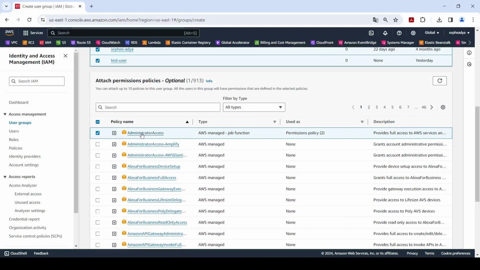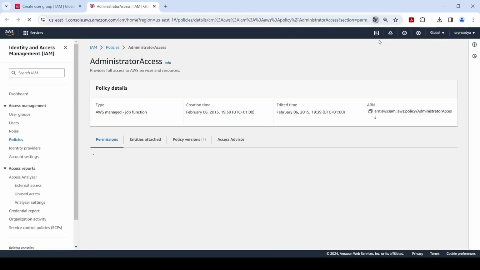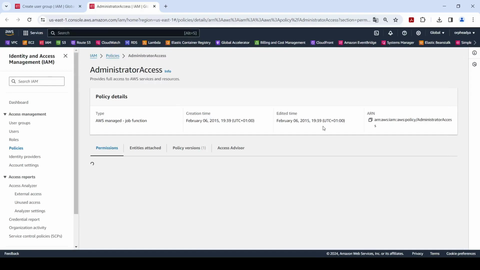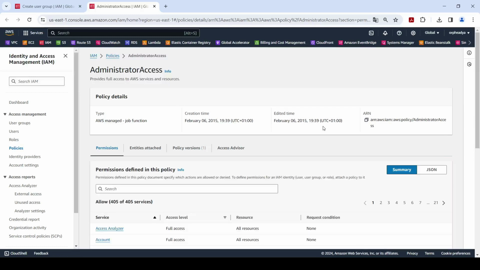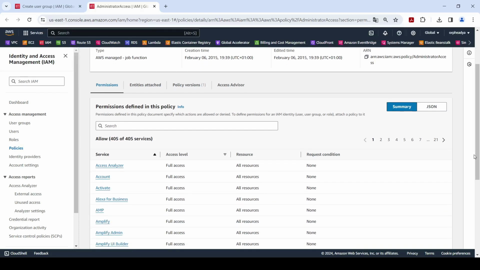And if you want to see the content of that policy, we can, for example, open this policy in another tab. We can see here that the administrator access policy gives us a lot of permissions on all AWS services.